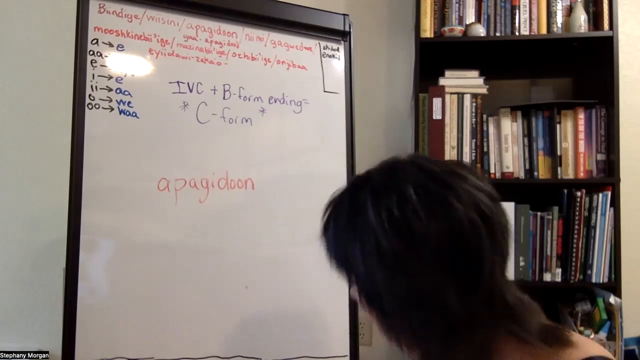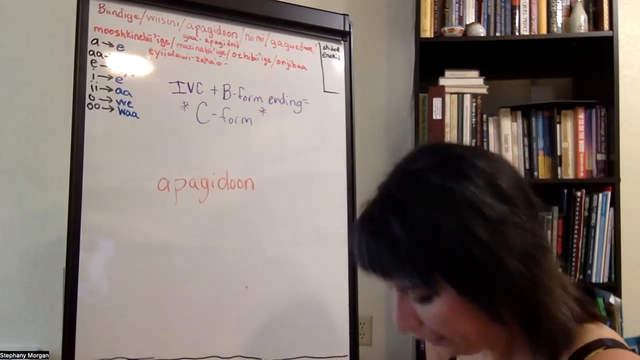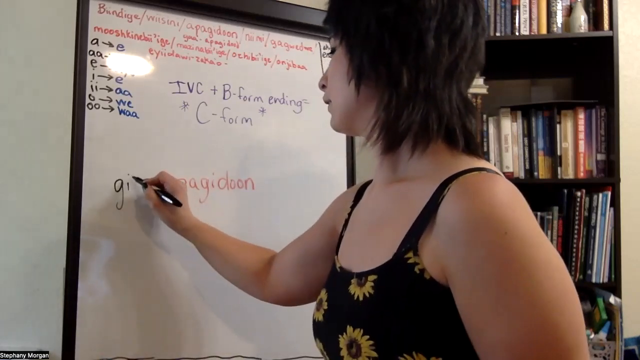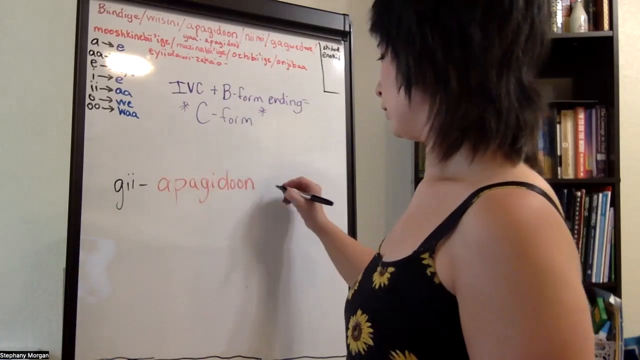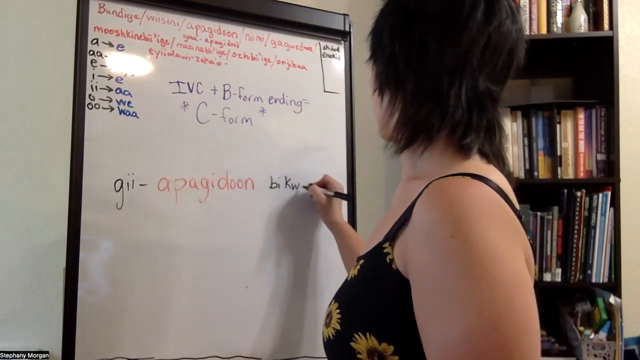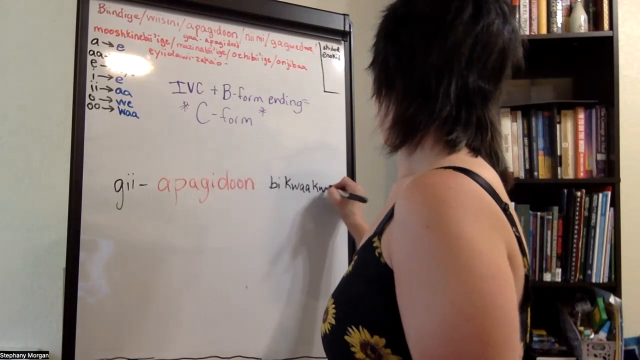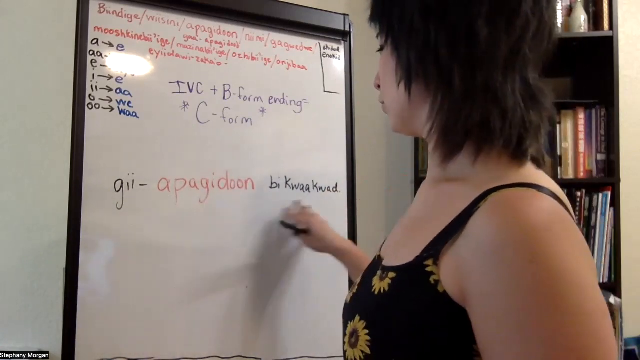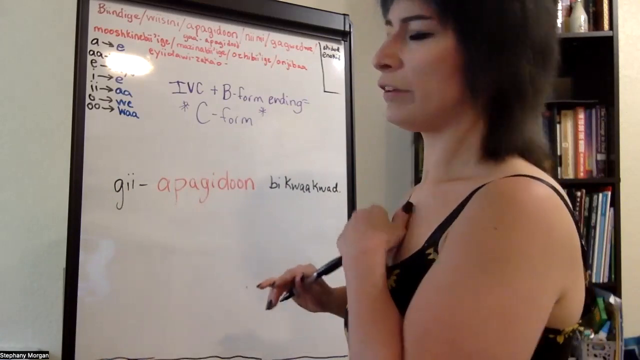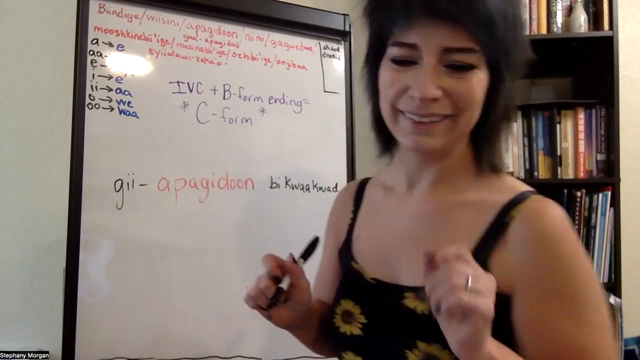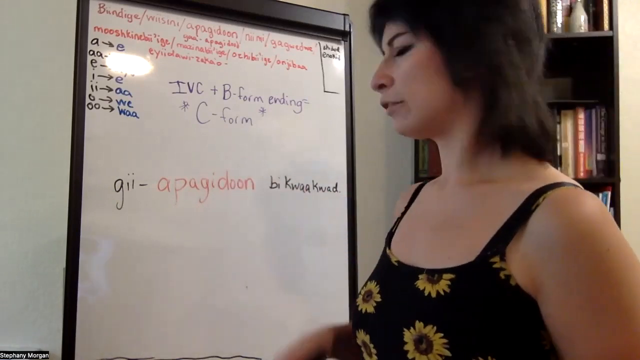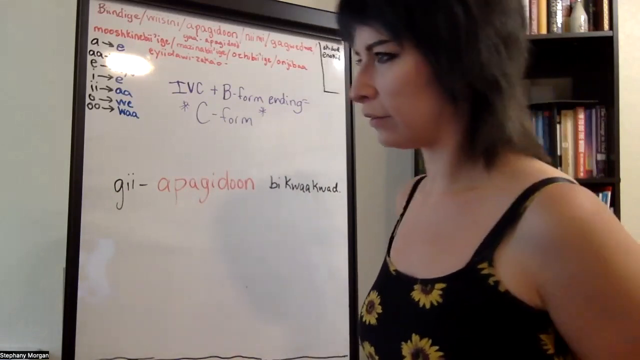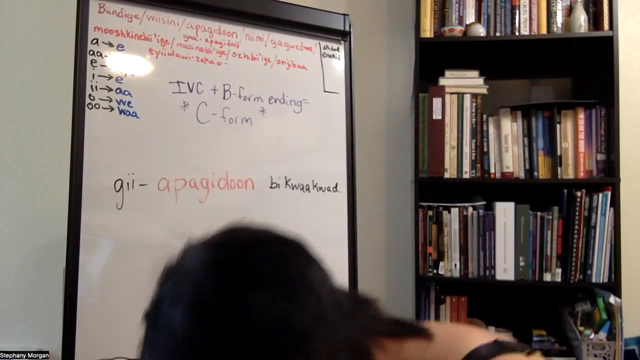And then we need past tense, and that would be gi, gi apagidoon, and then I'm just going to add bikwakwood. That's a word for a ball. So right now, this sentence means he threw the ball. Sorry. Yeah, gi apagidoon bikwakwood. He threw the ball. So if you're trying to be specific and be like, oh, Benesi's the one who threw the ball, you would say,